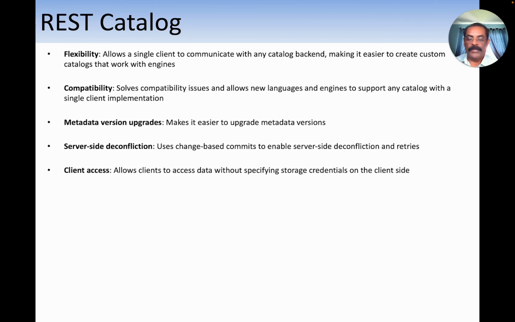What that means is that eventually, with a catalog like Polaris or Unity Catalog, many engines are working. It allows you to prevent multiple conflicting updates, so that's the server side deconfliction, and it also allows the retries. Remember the word deconfliction. And because of the catalog,